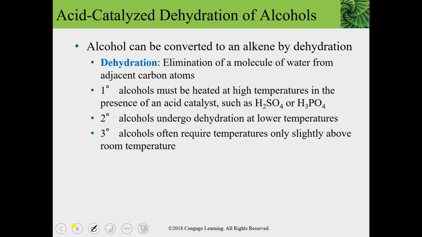Primary alcohols must be heated at very high temperatures to do this, and it's got to be in the presence of an acid catalyst. Good examples are sulfuric and phosphoric because they're very strong with their first deprotonation. Secondary alcohols can do this at lower temperatures. They're much more easily manipulated. And tertiary alcohols can do it at a temperature a little bit warmer